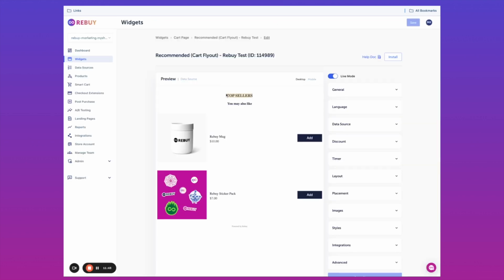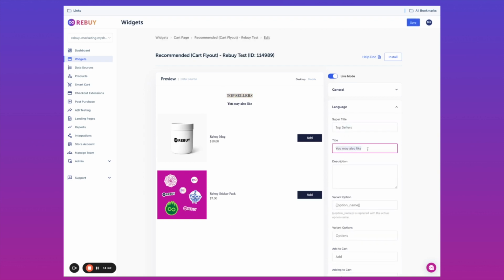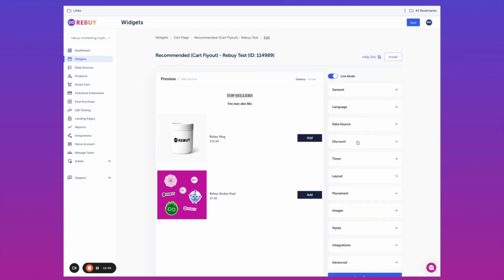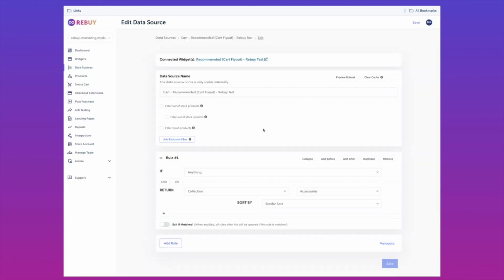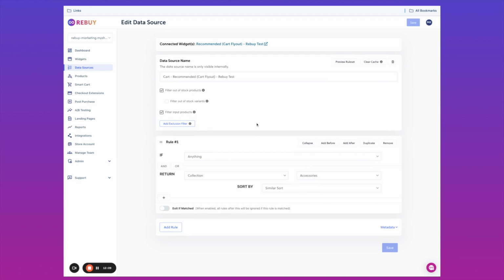And you'll see here that we put in this title and super title of top sellers and you may also like. And in this case, the discount on this widget is none. Okay, so we'll put that in our head. We've got a language of top sellers for the super title, a title of you may also like. But now I'm going to go back to the data source editor and show you how we are able to